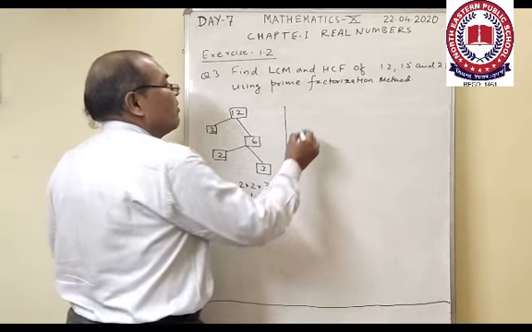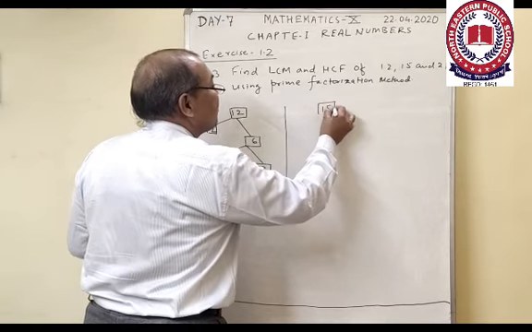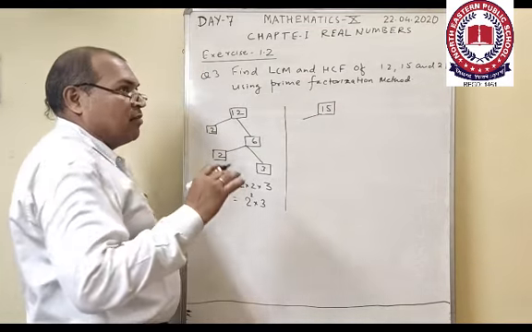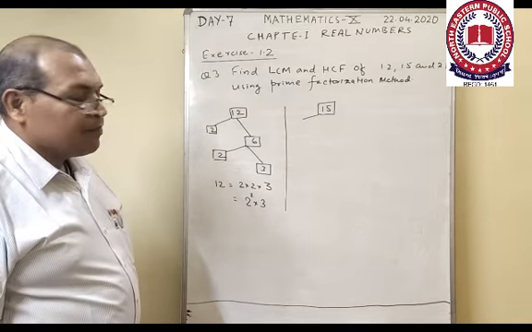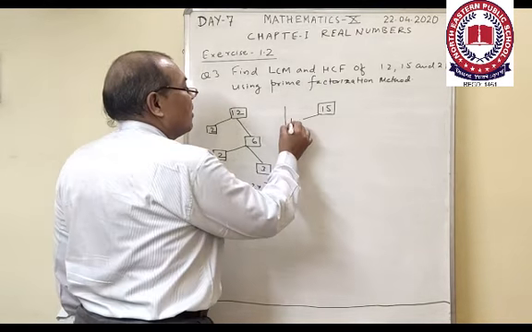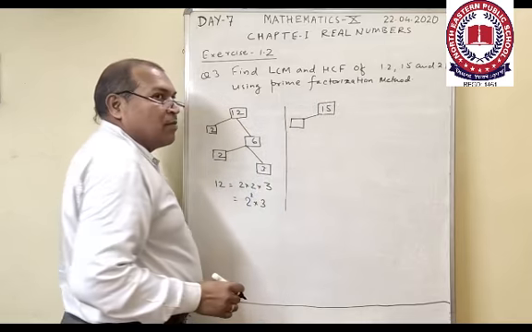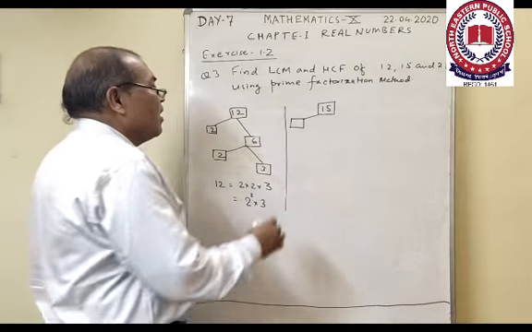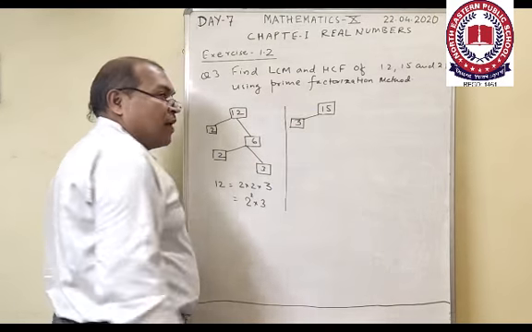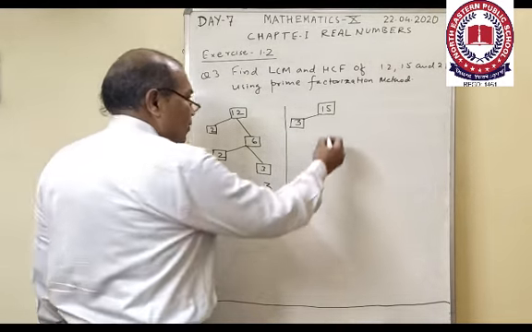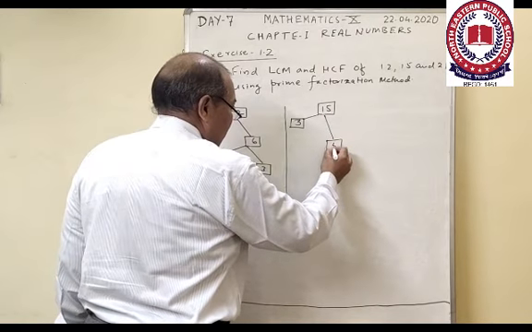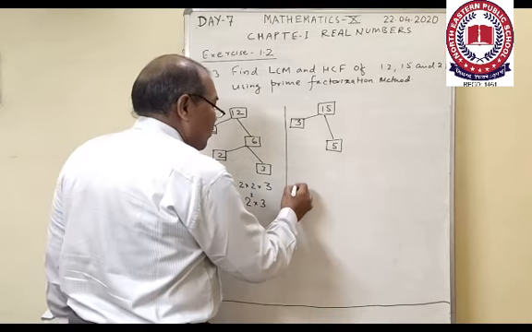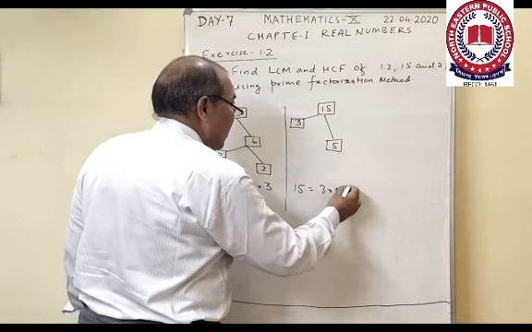Likewise, another number given is 15. The unit digit is 5, so it will be divisible by either 3 or 5. First we will see the sum of the digits: 1 plus 5 is 6, and 6 is a multiple of 3. So the first prime factor of 15 is 3, which divides 15 5 times, and 5 is already a prime number, so 15 can be written as 3 into 5.